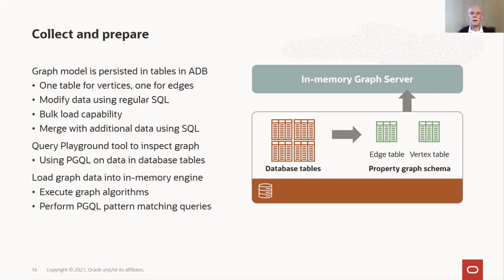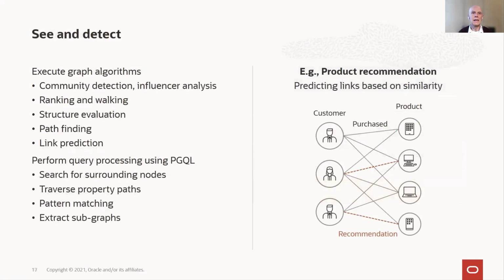And then from there, the data goes into, so that would be the first step, the in-memory graph server. And in that server, we would have the appropriate data structures to now run the kind of algorithms which I already mentioned, or execute the pattern matching queries and the like. These are exactly these two groups of things, two classes of activities, the two operations you typically perform on graphs,